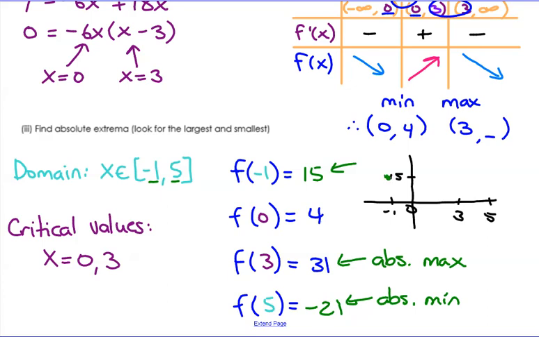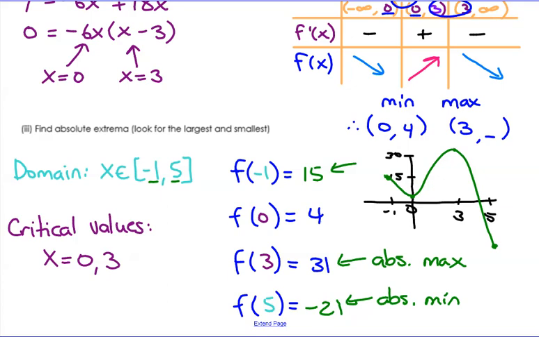Okay, 0, 4 might be somewhere around there. 3 and 31. So maybe if this is 30, it might be up here somewhere. And then you also have 5 and -21. So maybe that's all the way down there somewhere. So you're getting something that looks like,